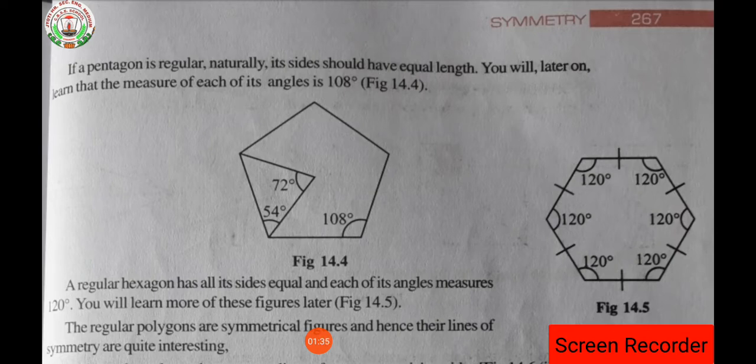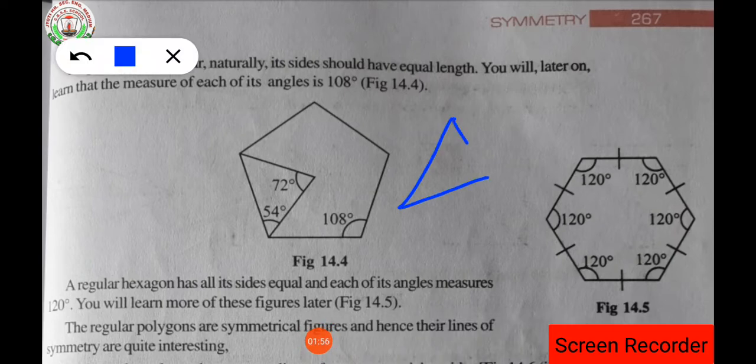Now what types of polygon do we have? Many types of polygon, students, and the type or name of the polygon mainly depends on its sides. Suppose we have a three-sided polygon. Then it will be named a triangle, because a triangle is a closed figure made up of three straight line segments. It is a closed figure, that means all three vertices are joined together, nowhere is it open, isn't it?